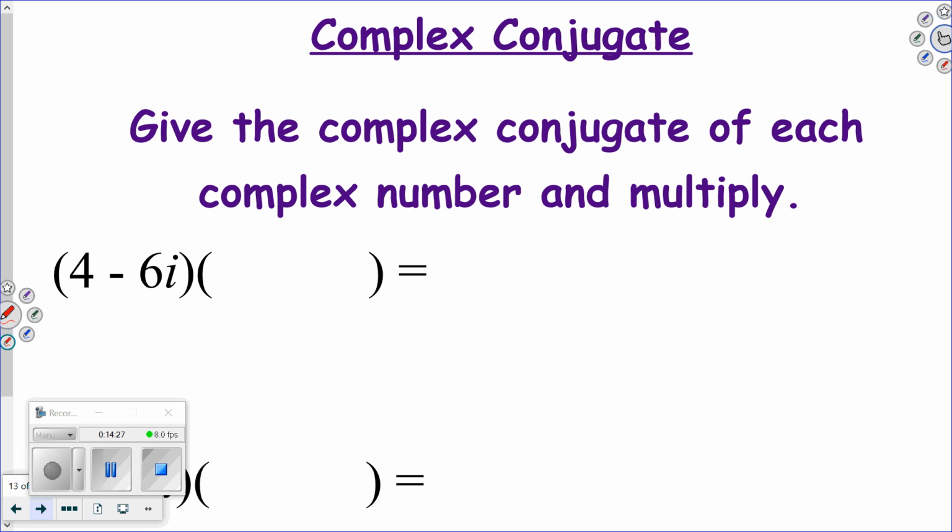So if you look at the next part, I want you to give the complex conjugate and multiply. Here's what happens when I have questions like this on your test on Thursday. People will give me the complex conjugate and then turn in their test. It clearly says, and multiply, right? You guys see that part? So what is the complex conjugate to 4 minus 6i? 4 plus 6i. And for my answer, should it have an i in it when I'm done? No, it shouldn't. Okay? So if we multiply, 4 times 4,